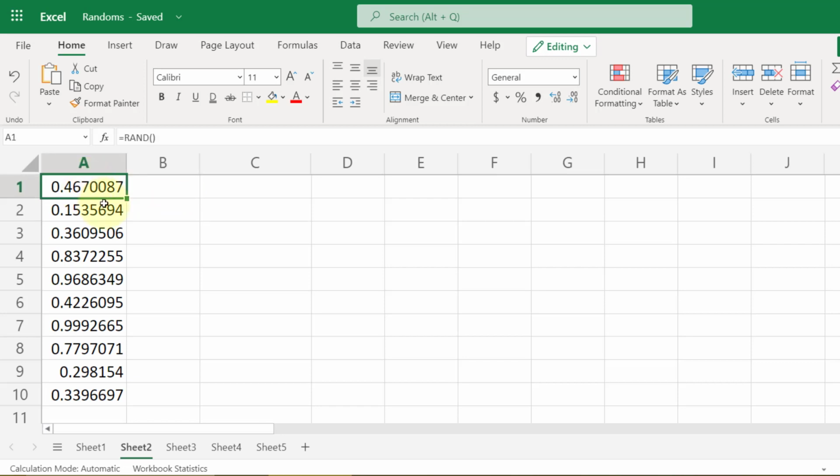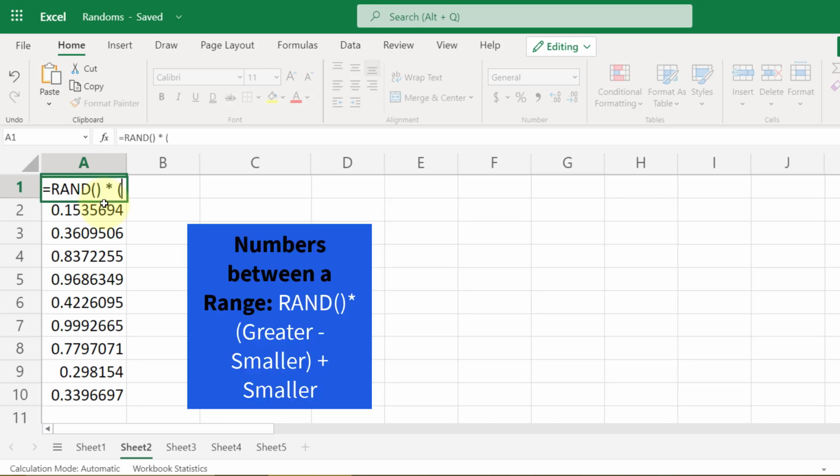We can directly apply the formula on this number. We would multiply this. Let's say we said it should be from 14 to 17. So we will say 17 minus 14 and then plus 14.